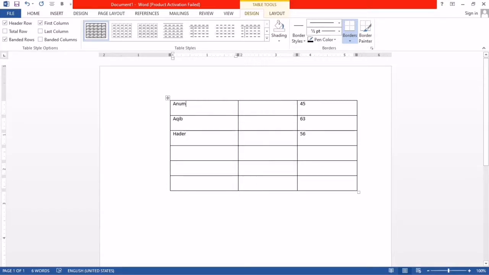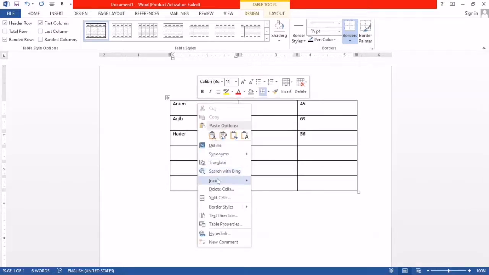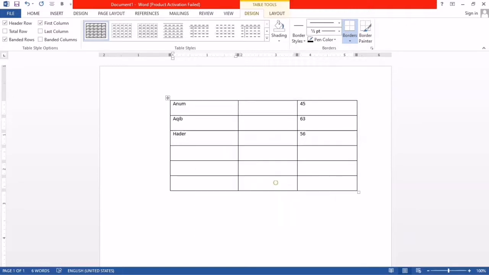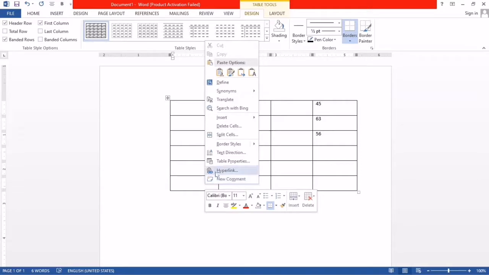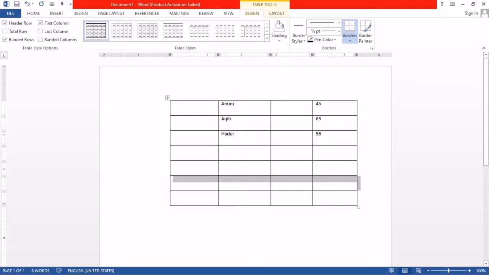Again, suppose I select this and insert column to the left, so you can see the column appears this side. And again, suppose I put my cursor here and insert row above. You can see this row appears above, okay.